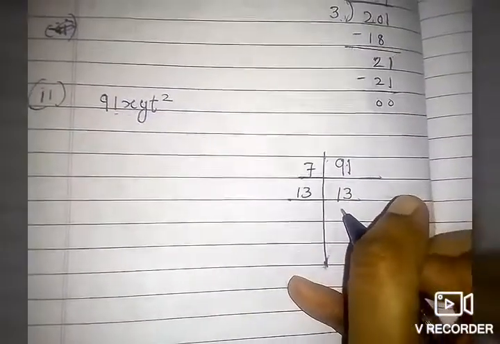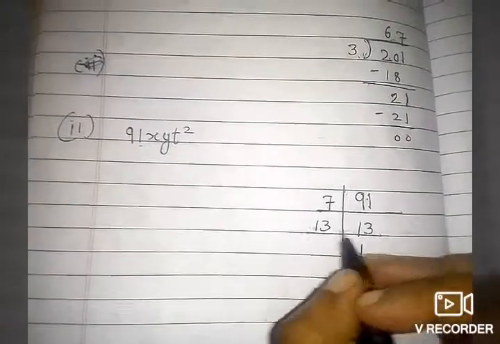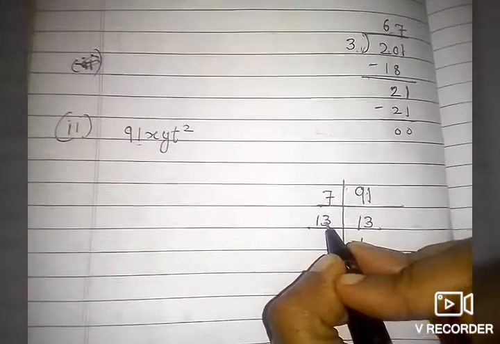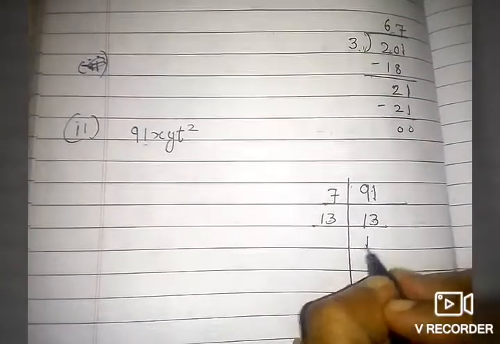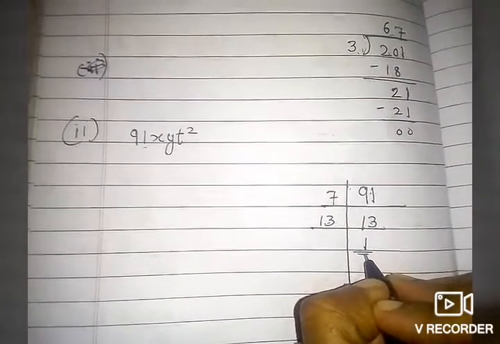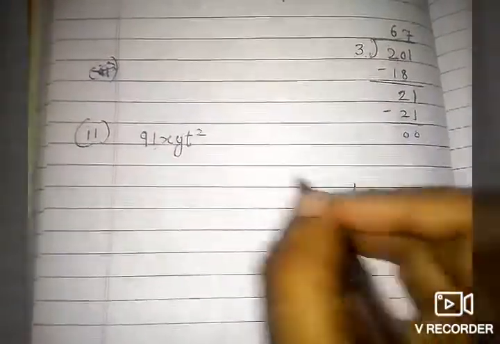13 ones are 13. If it is not going in any table except 1, then the same number you have to write here in the divisor place. And 13 ones are 13 will go. Quotient 1 here will come. So write these numbers in multiplication form. Prime factors which you got here.